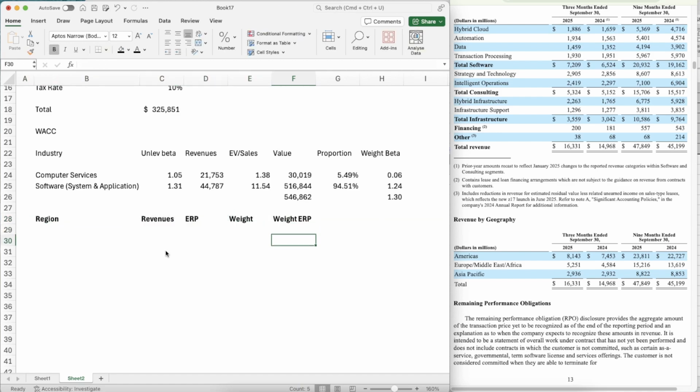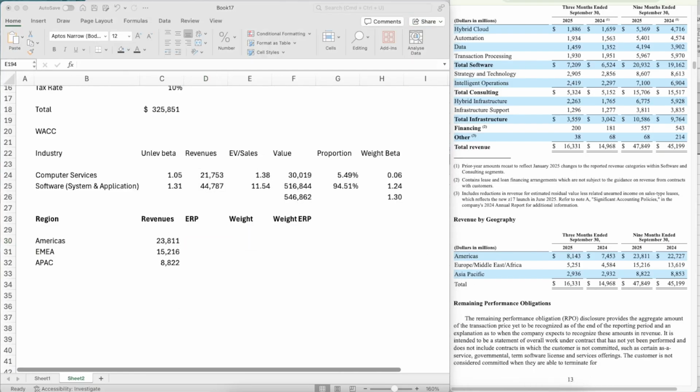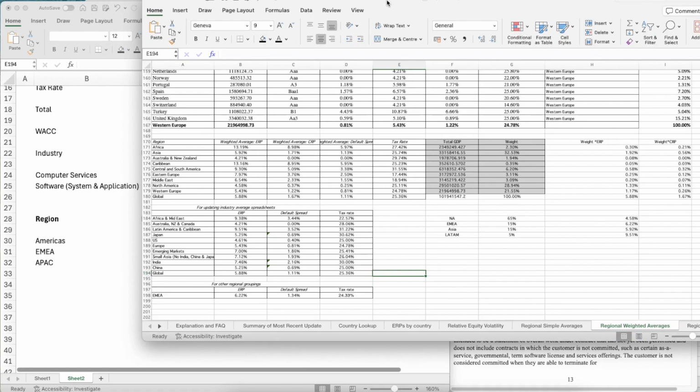I'll change it if needed. We go Americas, Europe, Middle East and Africa, APAC. Just copy these down. So 2381, $15,216, 8822. The ERP for each of these regions. Let's put up the risk premium